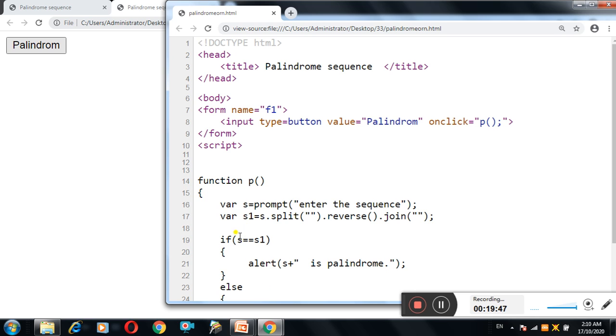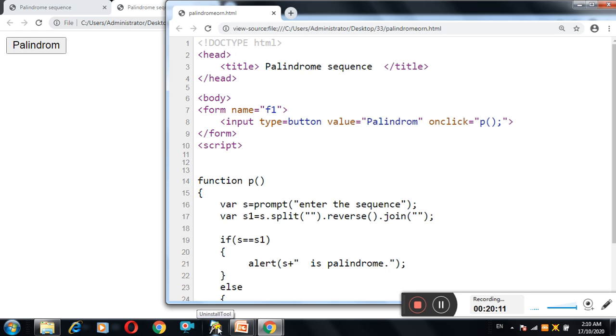Okay, if the value is not the same, for example, if I have written dog or if I have written cap here, right? CAP, it will split the characters of CAP, correct? It will divide the characters, then reverse the string, PAC, right?